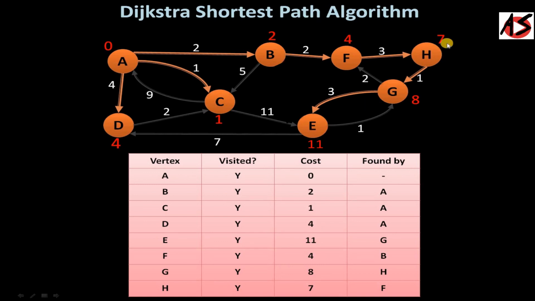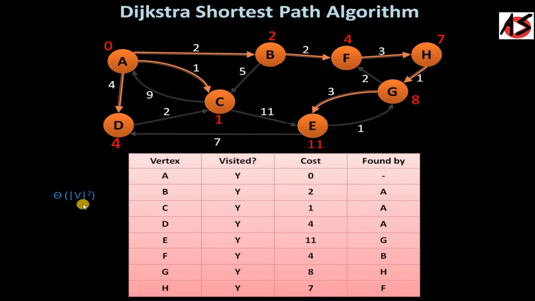So if you talk about the time complexity of Dijkstra algorithm, you have V vertices, and for all V vertices you are finding the minimum cost. So you are simply doing a linear search for finding the minimum of all V vertices. So your time complexity, you can write in terms of theta of V square.